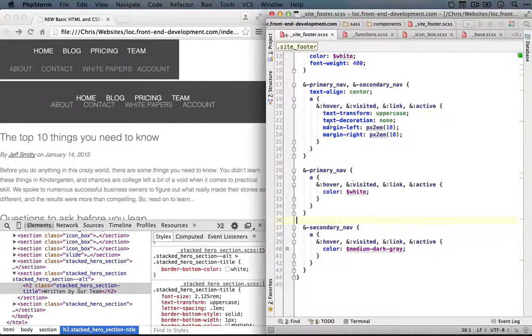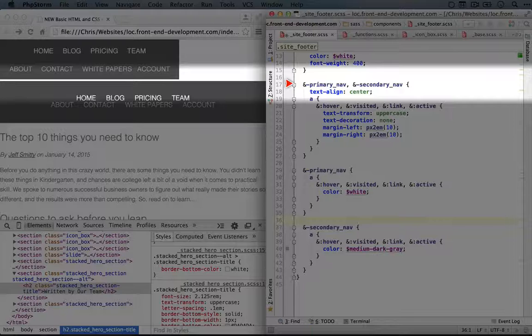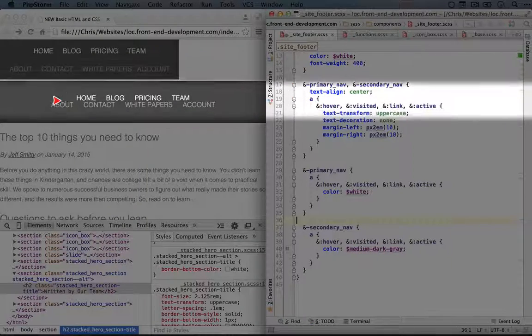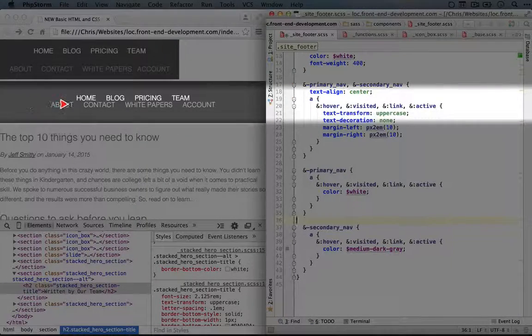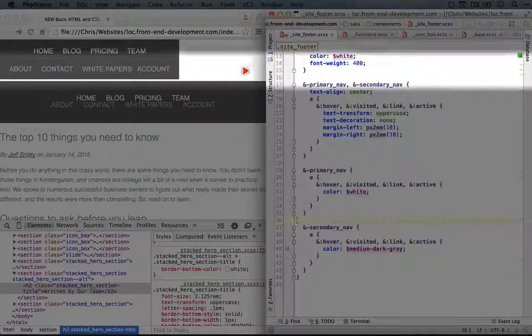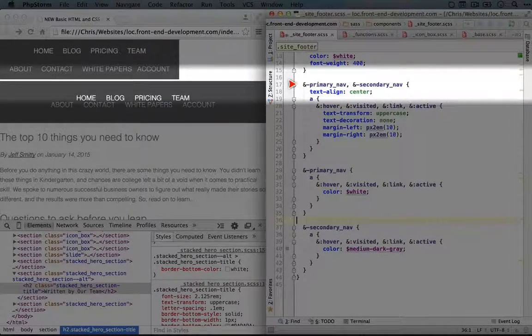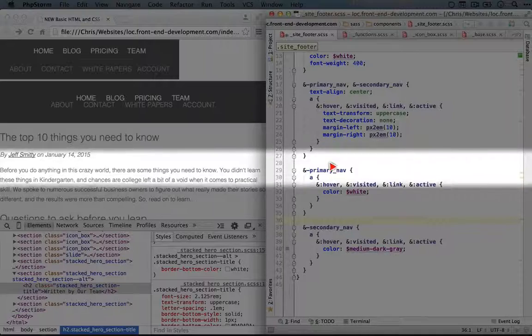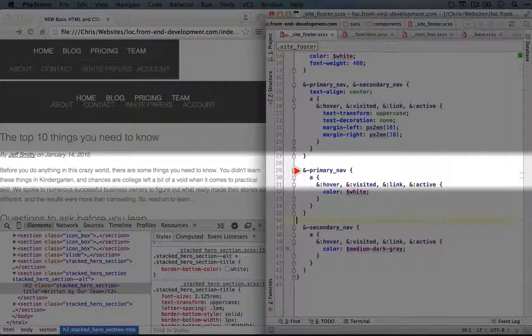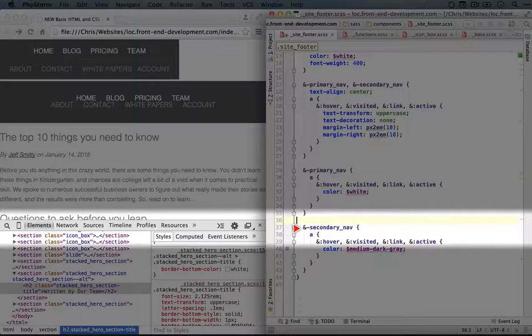So this is better, but I feel like we're using a similar model right here to the way that we use components. This navigation seems actually like a component within our footer component. Now it doesn't feel like something I'd want to break out into a separate file, but it seems like we can still use a similar naming convention. So in this case, we could call it site footer nav and site footer nav alt. And then in our styles, we would add all of these styles to site footer nav. We'd apply this to something like a site footer nav default, and this to site footer nav alt for alternative